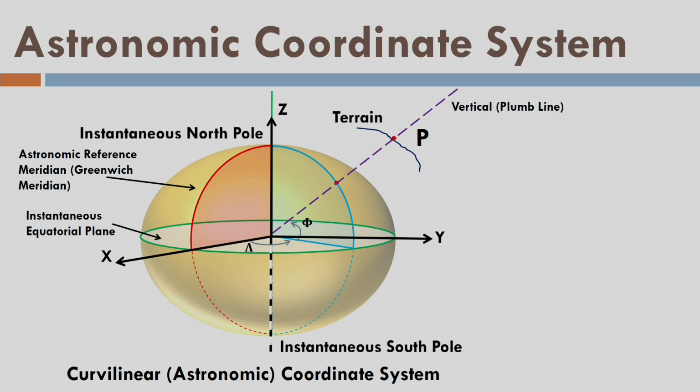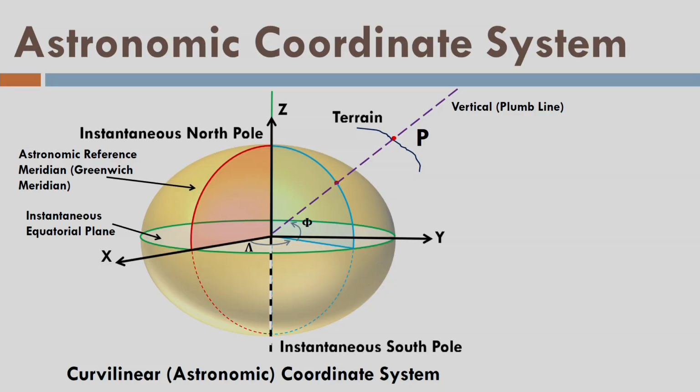Secondly, the Greenwich meridian or the reference meridian is again instantaneous, because at that instant wherever I find the 0 longitude, I will say that particular meridian is my reference meridian, or the Greenwich meridian. But remember, it is an astronomical reference meridian. Same way, I have an instantaneous equatorial plane. Why? Because I am considering the instantaneous axis of the Earth, and perpendicular to that axis I have the instantaneous equatorial plane. Well, this is called the astronomical coordinate system, but still it is a two-dimensional system.